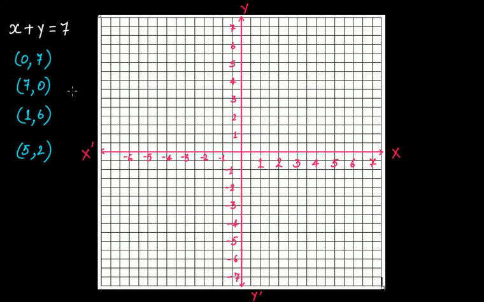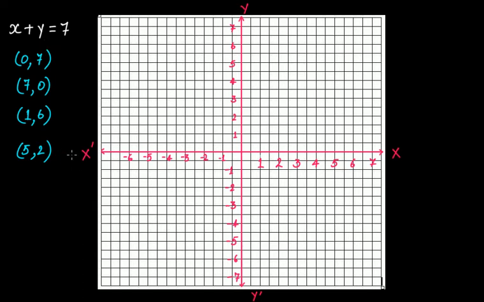Watch that first, then you can understand this. Assuming that you have watched that tutorial, here we have taken four solutions: (0, 7), (7, 0), (1, 6) and (5, 2), where the first number in each pair represents the value of x, and the second represents the value of y.